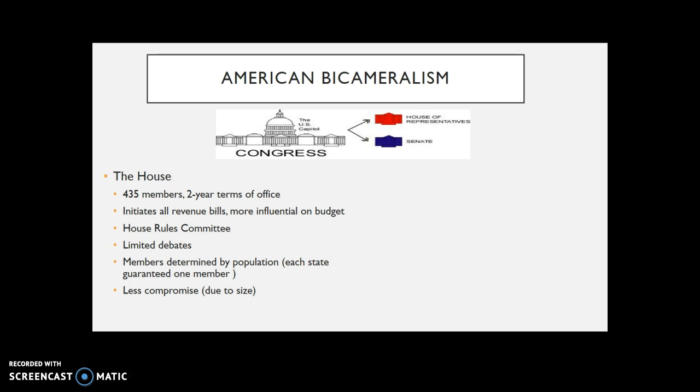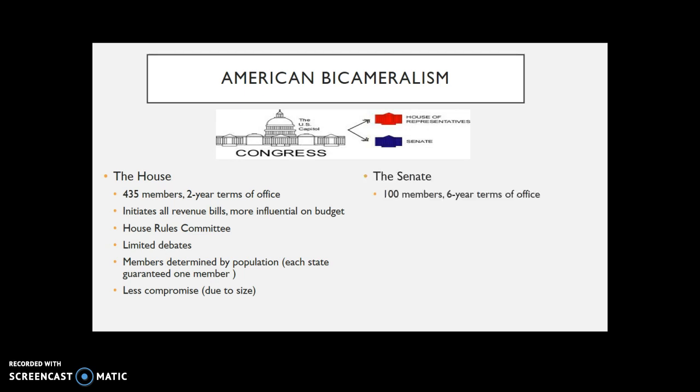And as you would imagine, there's going to be less compromise simply due to the sheer size of 435 people. Getting them to agree on anything in a country as diverse, especially when you look at geography, as the United States, is going to be quite difficult. When we contrast this to the Senate,